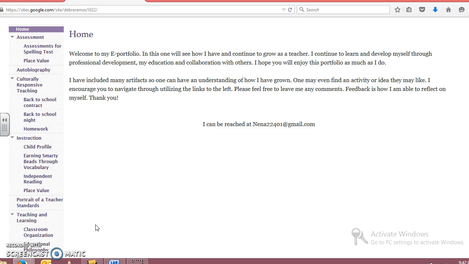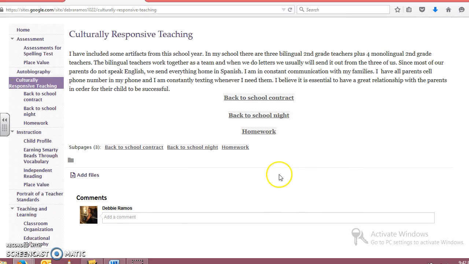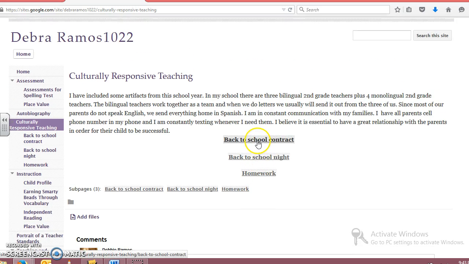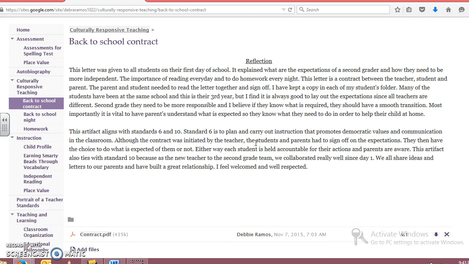My favorite thing as a teacher is working with the families and my students and how I could better serve them. Under culturally responsive teaching, I have included just some of the things that I have done thus far in the year. I will start with the back to school contract. The back to school contract was actually written